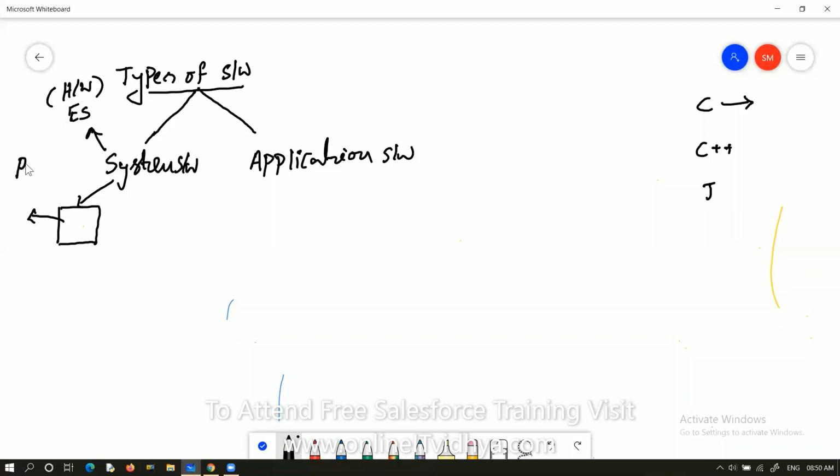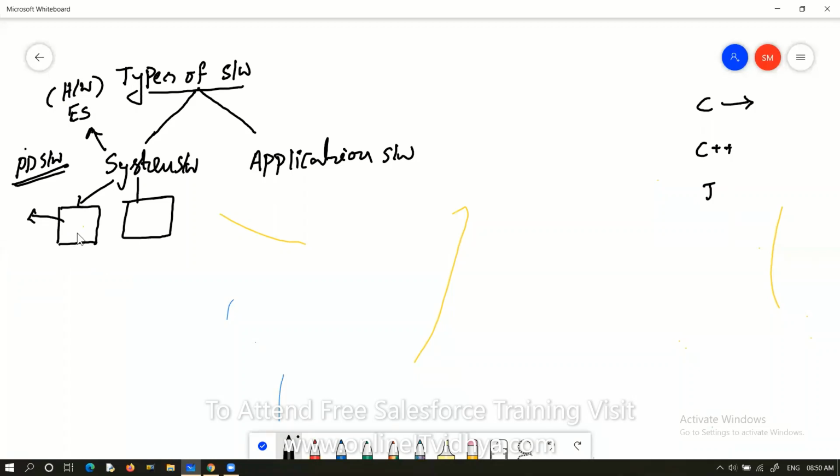So who will use printer driver software? As a user, will you use it? No, you won't use printer driver software. Printer driver software is for internal usage, to connect our computer with the printer while taking printouts. So we are developing printer driver software for a hardware device called a printer. Next, scanner driver software. We have to develop it for a scanner device. So this is what?